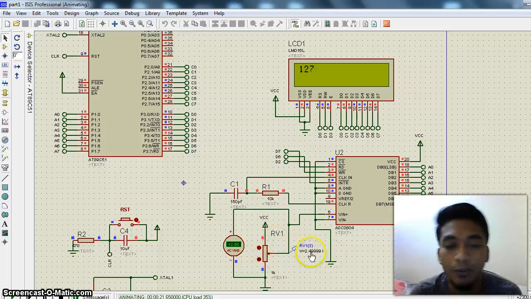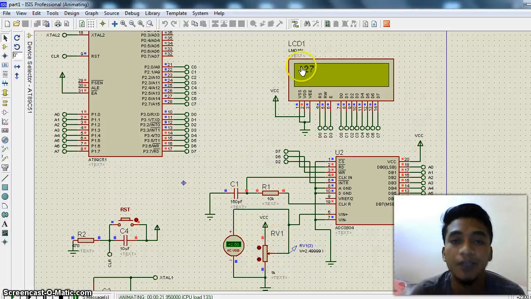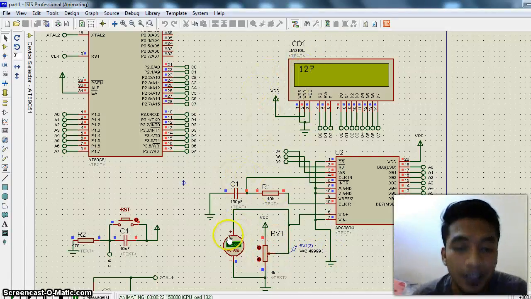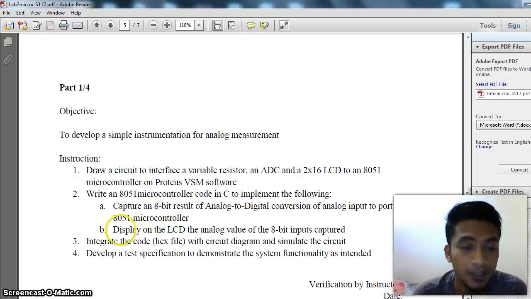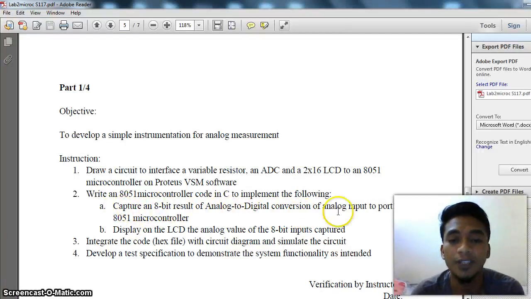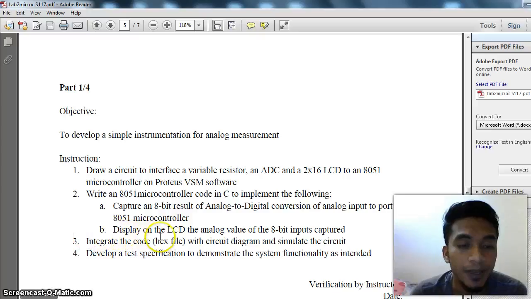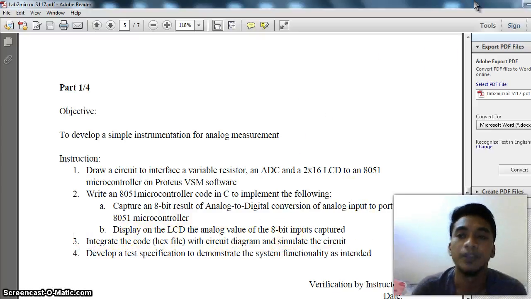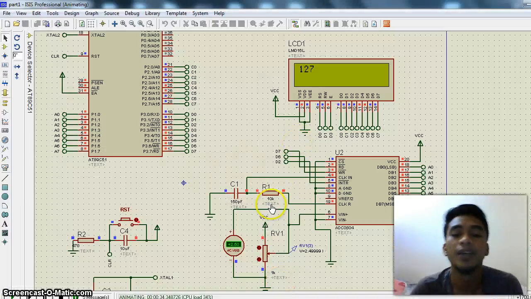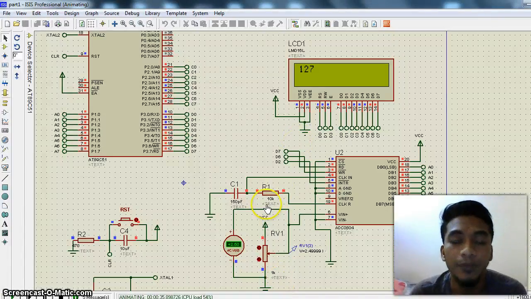I increase it to 2.5 volts, which is half of 5 volts, and the number changes to 127. For this task, we have to capture the 8-bit result of the analog to digital conversion and display on the LCD the analog value of the 8-bit input. For an 8-bit input, the low value is 0 and the high value is 255.